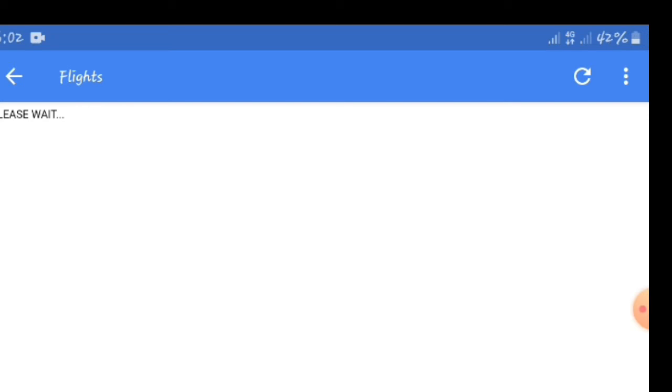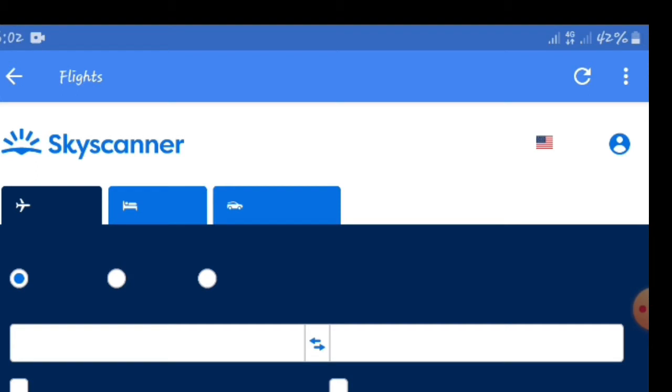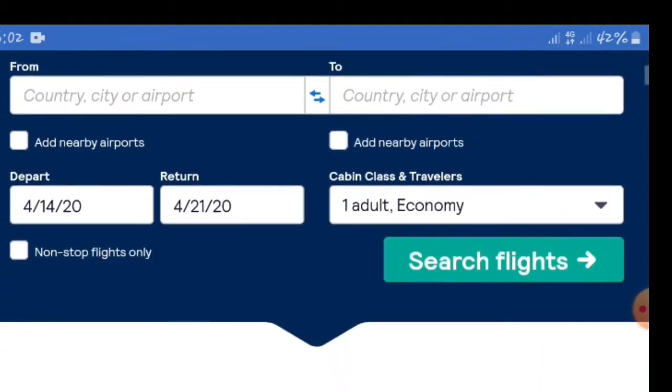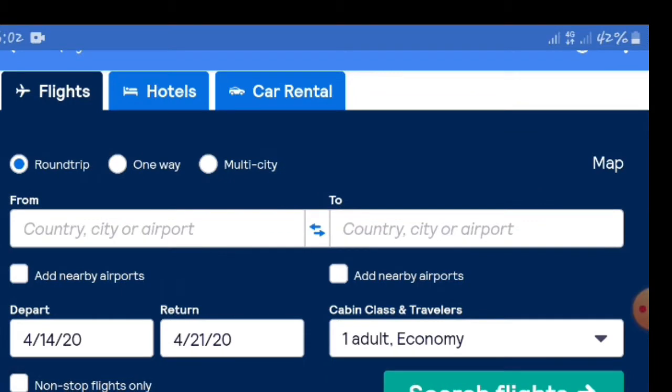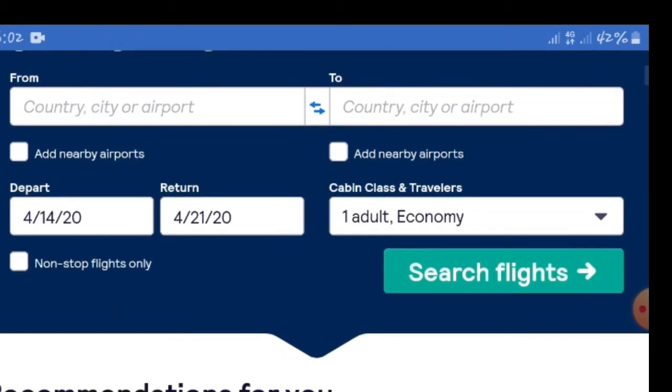So it's telling me to please wait. It depends on your internet connection. To use Google Trips also you need an internet connection. Now you can see here it's searching different kinds of things. Now you can see it's giving me the country, city, airport, and it's giving me the